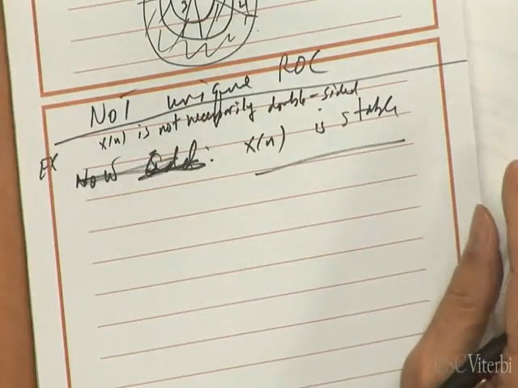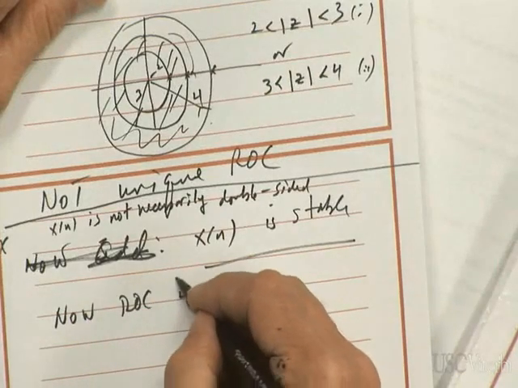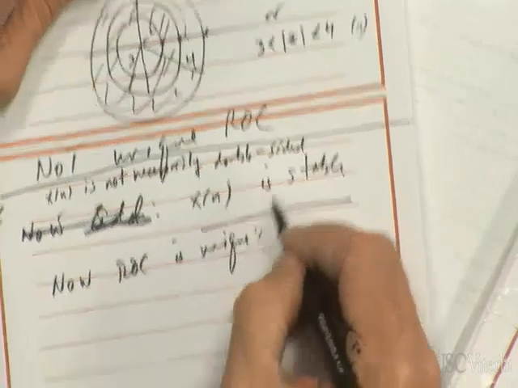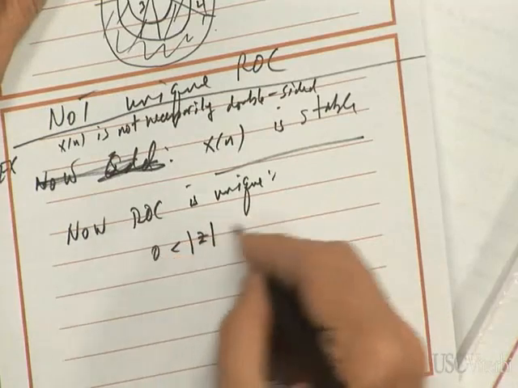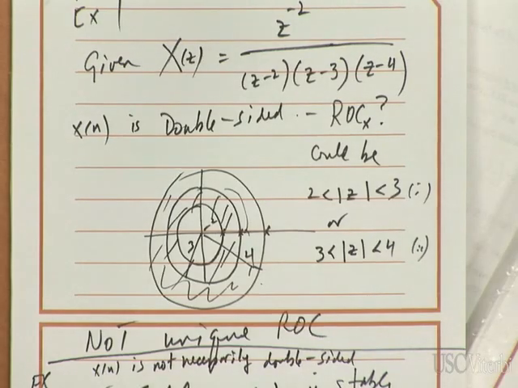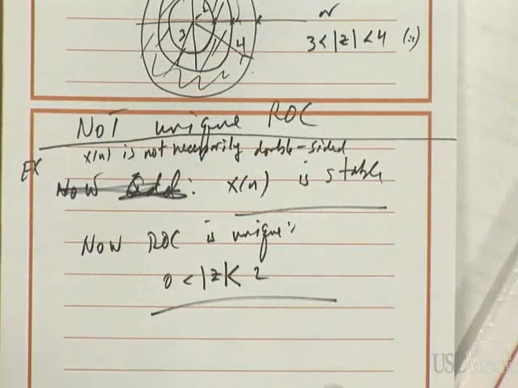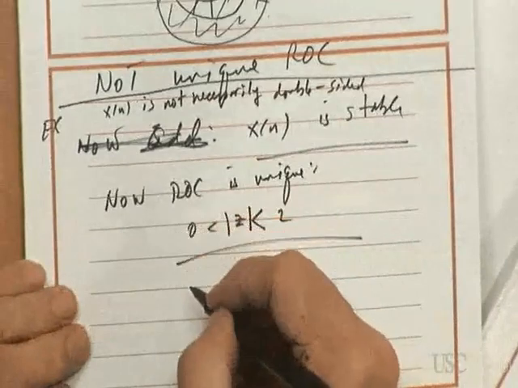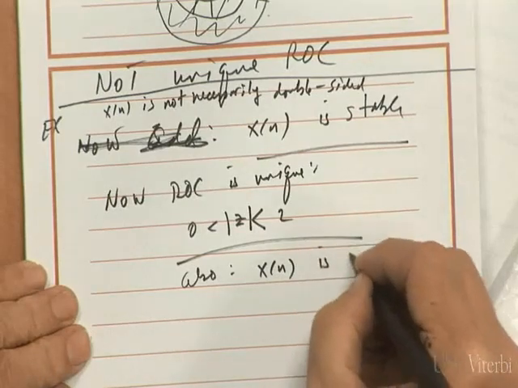Now can you uniquely determine a region of convergence? Now the ROC is unique, and it's equal to the set of all z greater than 0, less than 2. See how just a little bit of side information matters? When I gave you the earlier side information, it did not uniquely determine the region of convergence. But when I give you this side information, same X of z, now you know what the region of convergence is. And furthermore, you know also that x of n is stable and